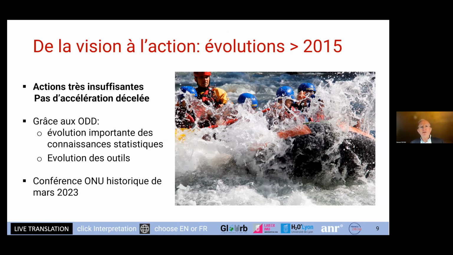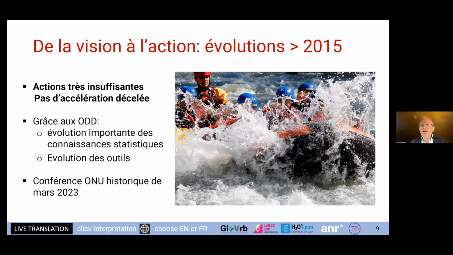So since 2015, what's happened politically within the United Nations? Well, in terms of actions in relation to these objectives, it's not many things. And that's what makes everybody frustrated. States are rather schizophrenic in the way they behave. They've got goals that are very ambitious, but states don't seem to have changed their public policies in a significant manner. And the UN has indicators explaining that to achieve the goals by 2030, we have to multiply by a factor of 6 the amount of progress. So it's just impossible. So that's not good.